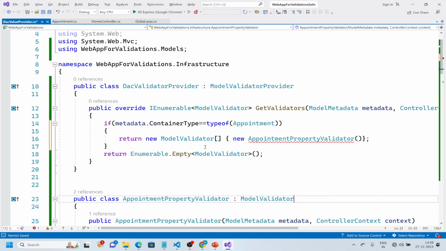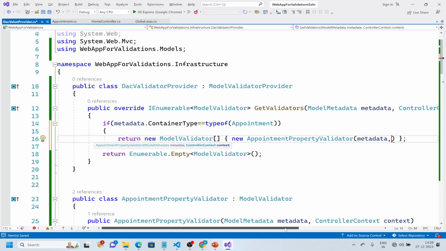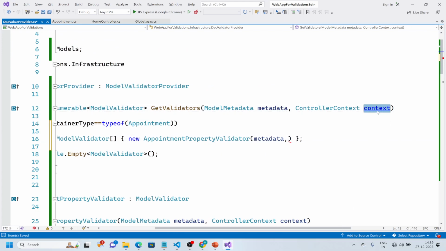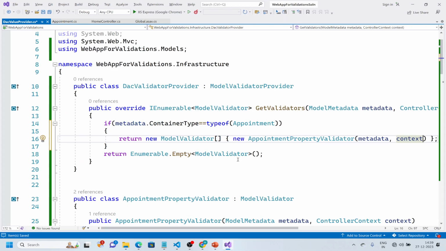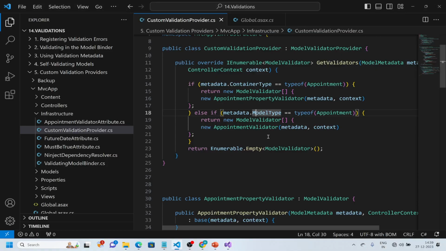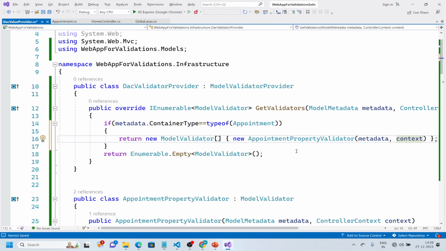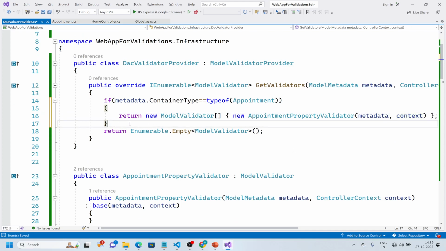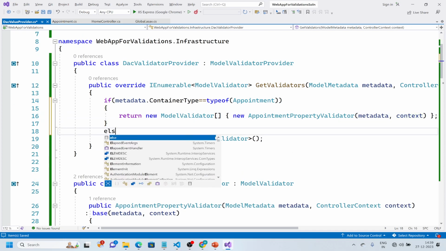Appointment property validator is a model validator, right? Which is going to take your metadata and the controller context. Is that fine? We are receiving these two. That's what I'm just doing here: metadata and the context I'm just sending. This is absolutely fine. Else if,